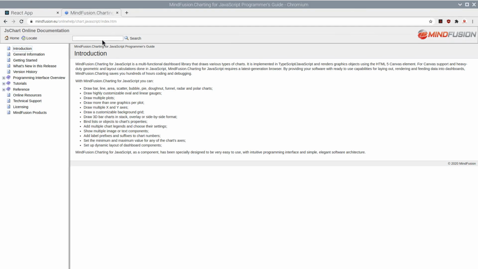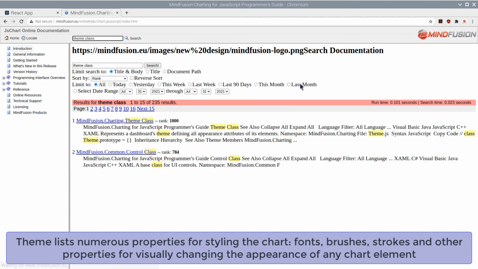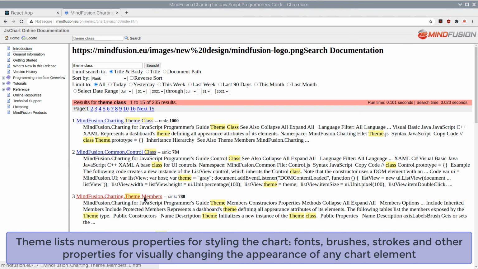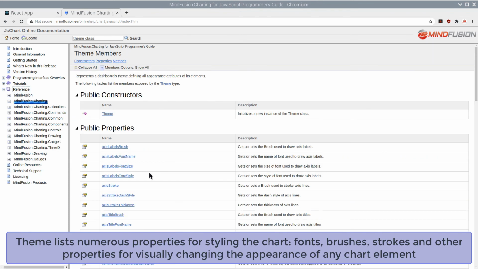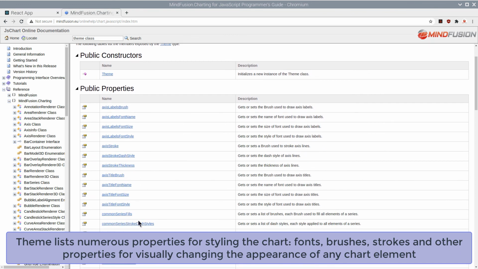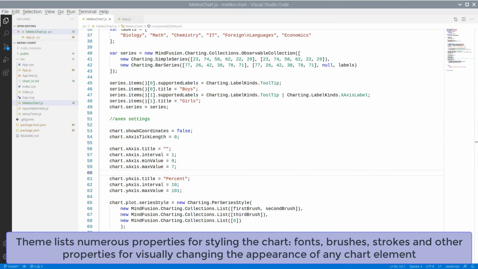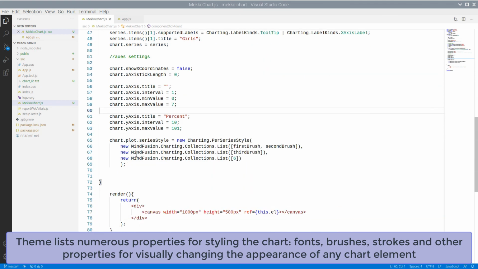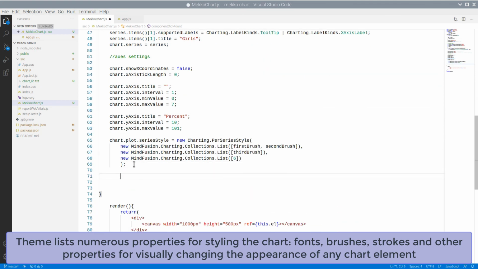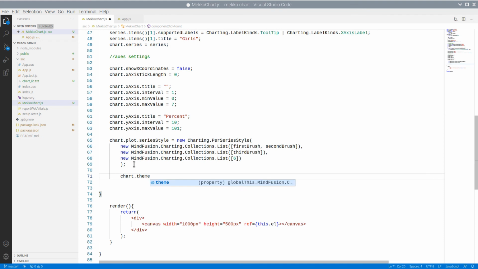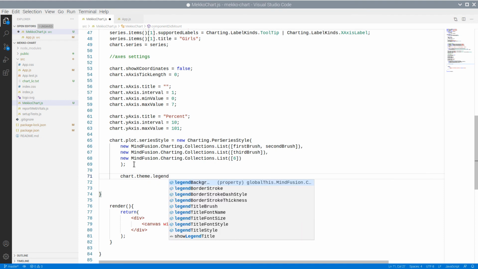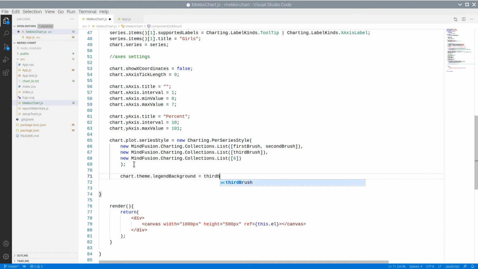A lot of the style properties for a chart are part of the theme class. Each chart has theme property, through which all members of the theme class are accessible.